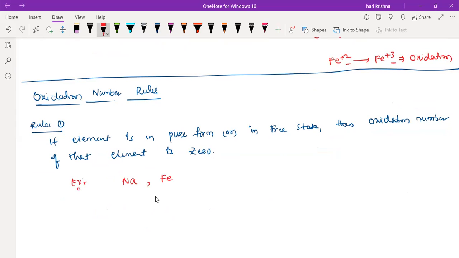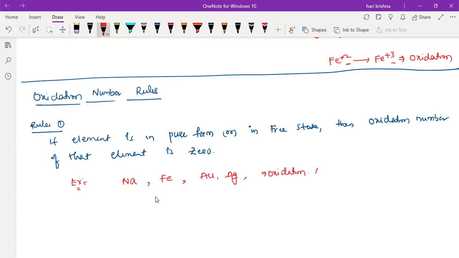These are neutral elements. There is no charge on it. So Na, Fe, Au, Ag, these are elements without any charge. So whenever the periodic table elements are there without any charge in the pure form, we take the oxidation number as equal to,